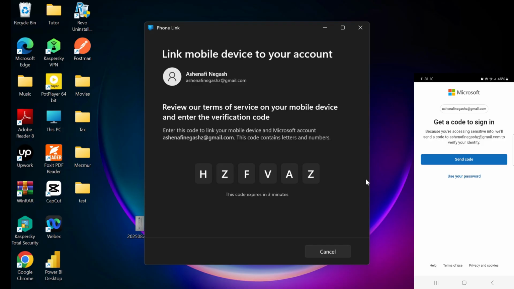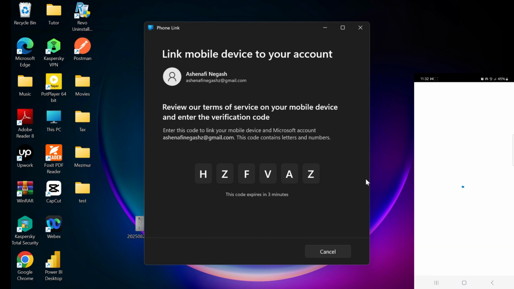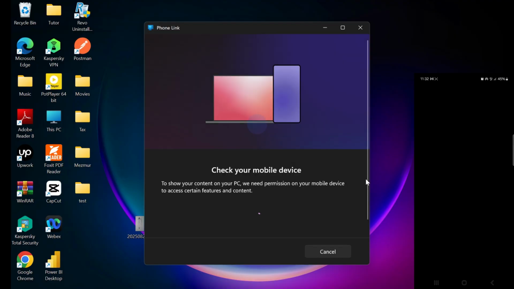Once I enter the code on my phone, Microsoft also asks me to get a code to sign in. So I need to send a code to my email address, and once I receive the code, I need to enter it here. Once I enter the one-time password sent to my mail on the prompt, it will start connecting my